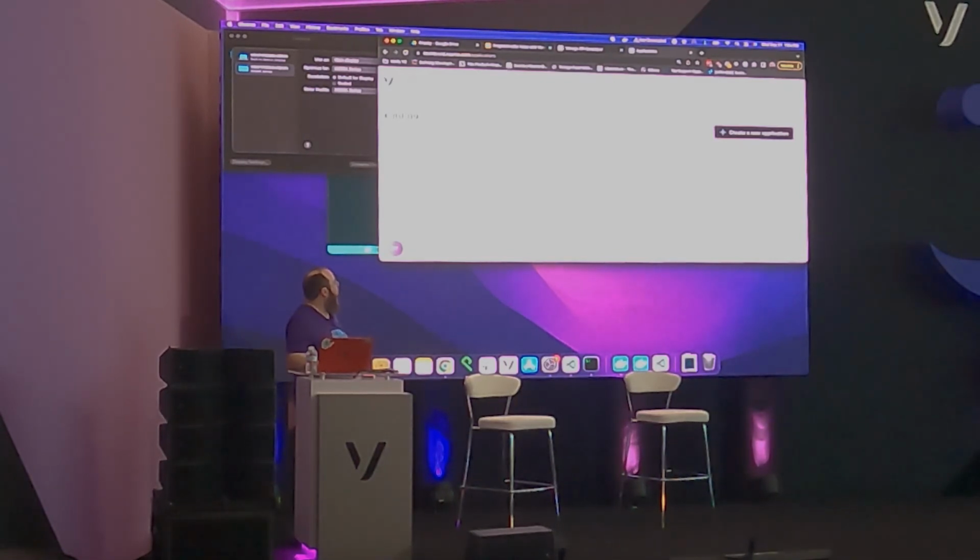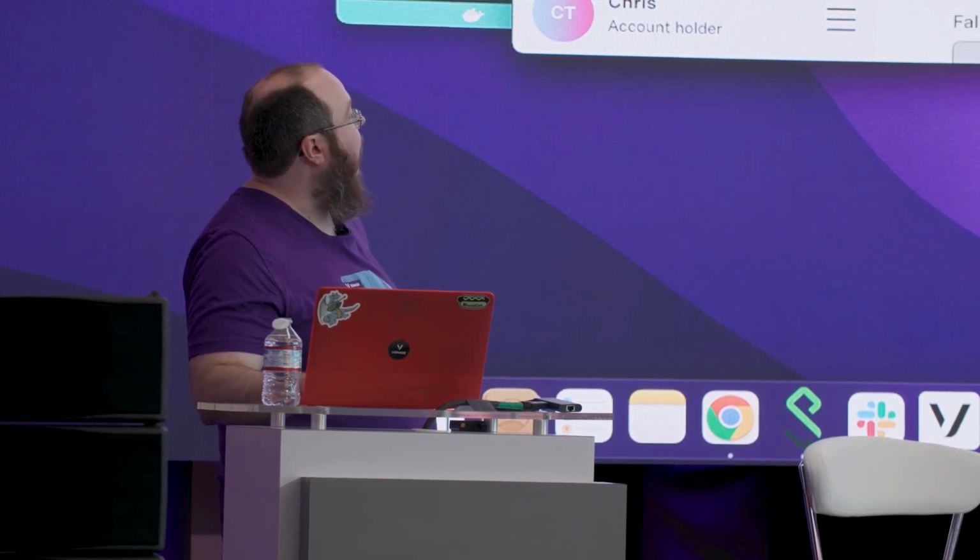We can go in and configure this. I've already got one pre-configured for voice, but if we go under here, we can edit this, turn on voice, and we can set up some information. I've already got some of this pre-set up, but creating the application and getting it set up is really quick.